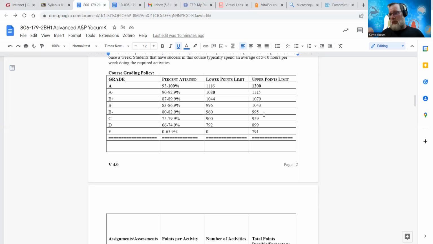But really, come October, Halloween time, up to the end of the semester, it gets really busy and really hectic. There's a lot going on. So I highly recommend that you start now as soon as possible, and start getting your checkoffs done for the course. I have all of that listed.